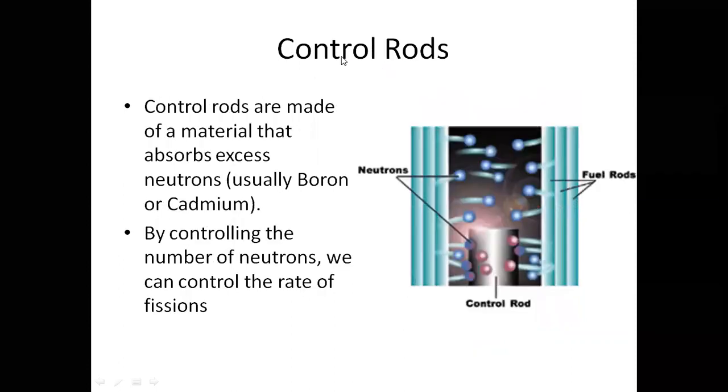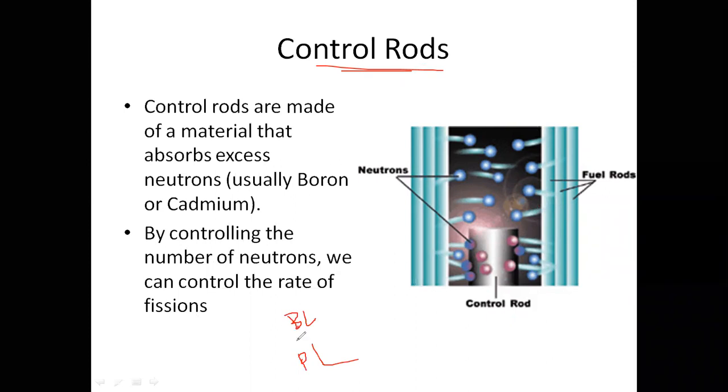And the next one is nothing but the control rod. Throughout the nuclear power plant, it is controlled based upon the control rod. Based upon the demand, we can generate. Actually, the demands are classified into two types. One is the base load, and another one is the peak load.